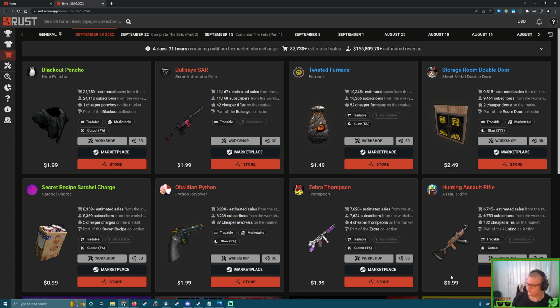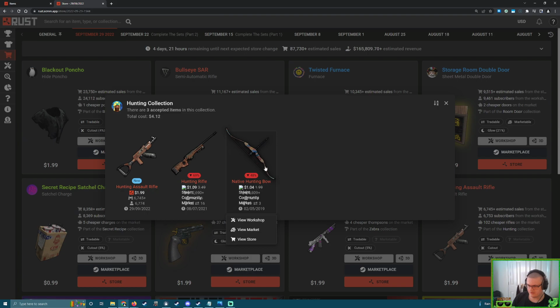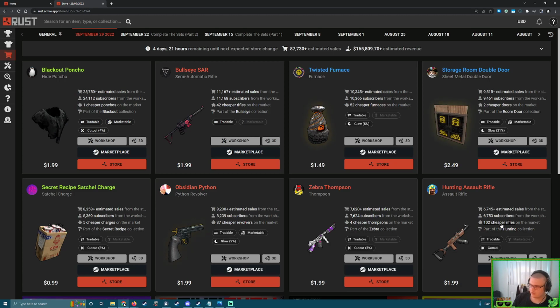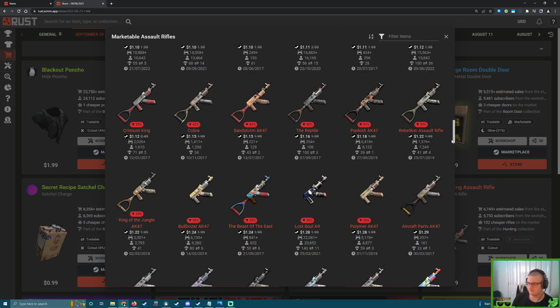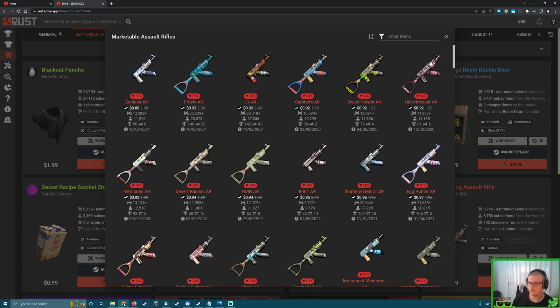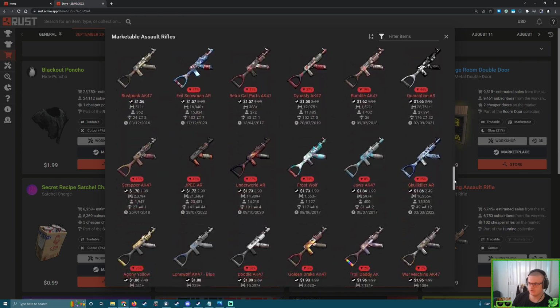So yeah, hunting assault rifle. So I wanted to show off this. So yeah, this is glitched. That's not actually part of this collection. It's just hunting rifle and hunting assault rifle. So that's the L96. Mr. Micro showed that off earlier. Now, this is what I was trying to talk about. How many AK skins do we have, gentlemen? Gentlemen, how many AK skins do we have? Has anyone ever bothered to just sit down and count all of them? There is quite a lot. If I were to just scroll down...